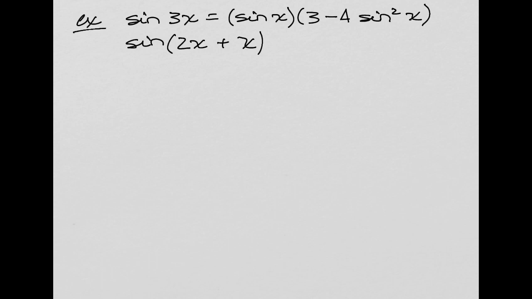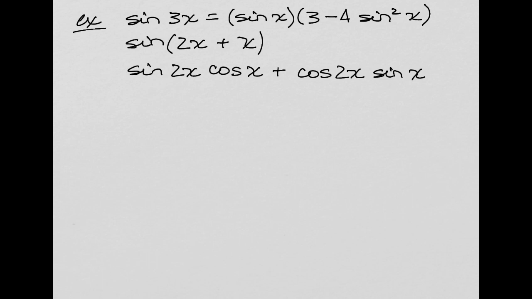I have an identity for the sine of a sum. So I'm going to use that. That's going to go sine of the first thing, cosine of the second, plus cosine of the first thing, sine of the second. Okay, well, we don't look that much closer to where we want to be yet, but we'll keep going,